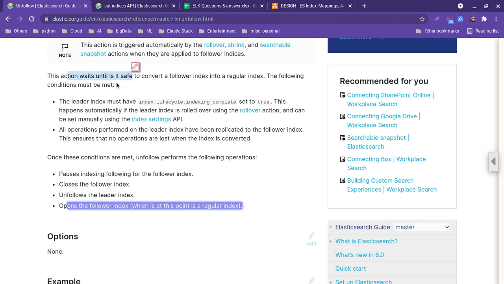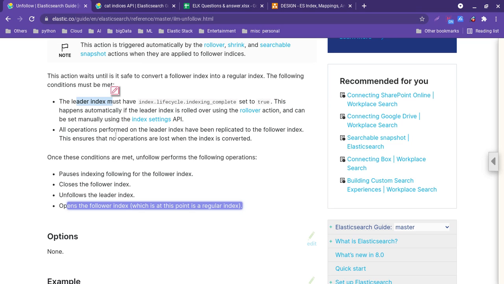The property index.lifecycle.indexing_complete should be true. That means a rollover happened, either manually or automatically, or shrink, or searchable snapshot, whatever actions were performed by the current index, that is completed.